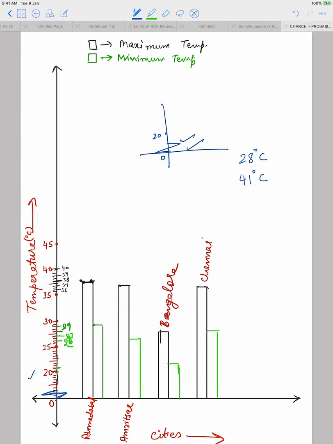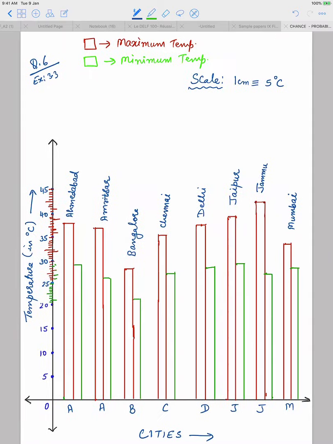And we put a kink mark like this. Okay, so now I will show you the final outcome of this, the double bar graph, how it will look like. And in that graph I will not squeeze the intervals, I will show you all the values. Also, how will you choose the scale here? As you can see, okay, let me first show you the final outcome. It will look like this. This is your double bar graph of question number 6.